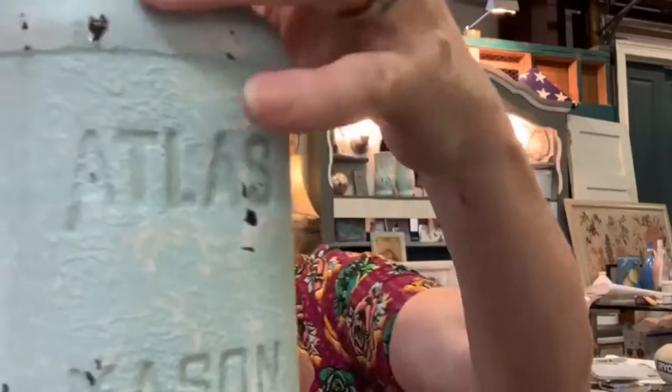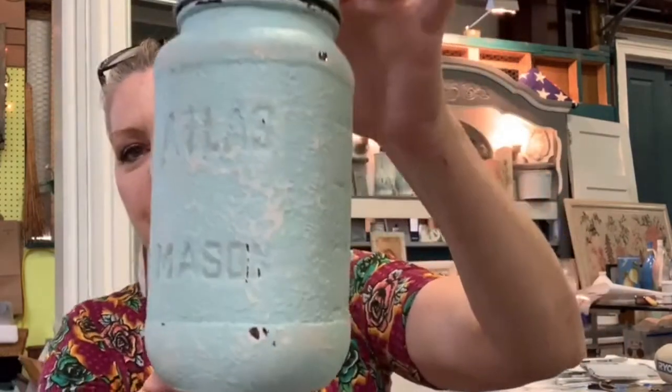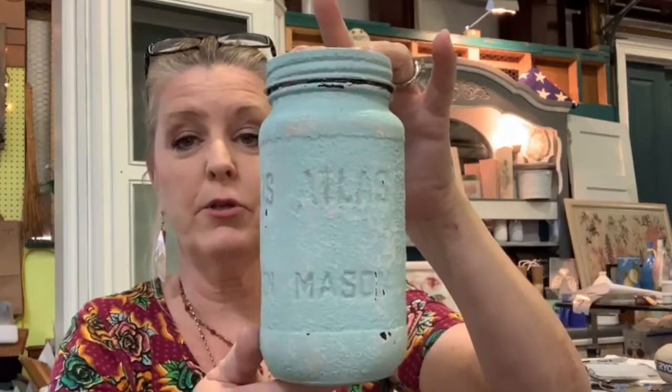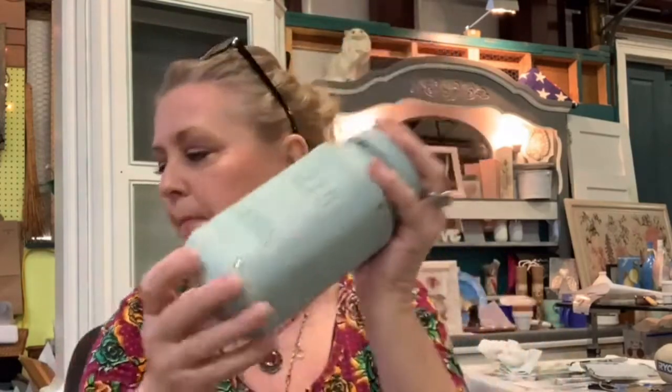Let me show you. Salt wash is a paint additive. This is the chippy, faded, weathered, salt washed goodness that makes your pieces look like they just washed up on shore, like they've been sitting out by the ocean and you just found them. Might even look like a yo-ho bottle of rum that just washed up on the beach and has been laying there. I love this one because it has a crown in it. You hear that? That is the matte, dry, salt wash texture that you get when you apply salt wash